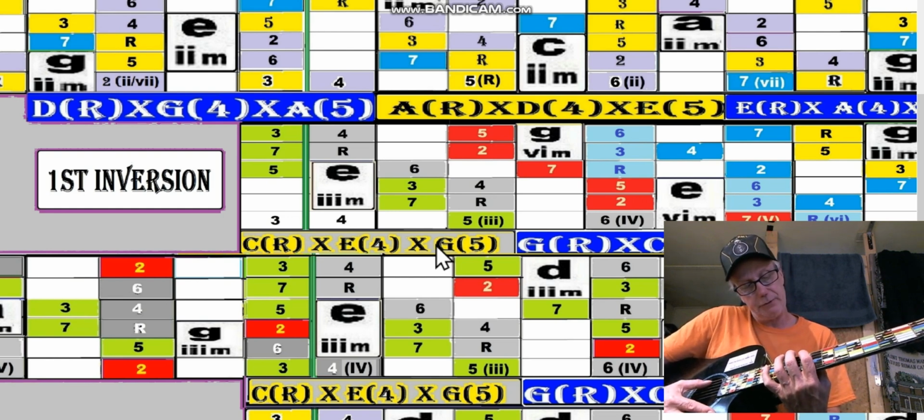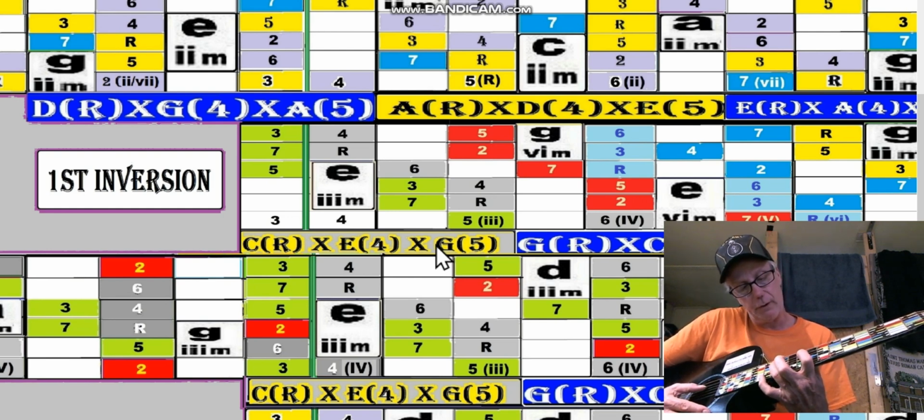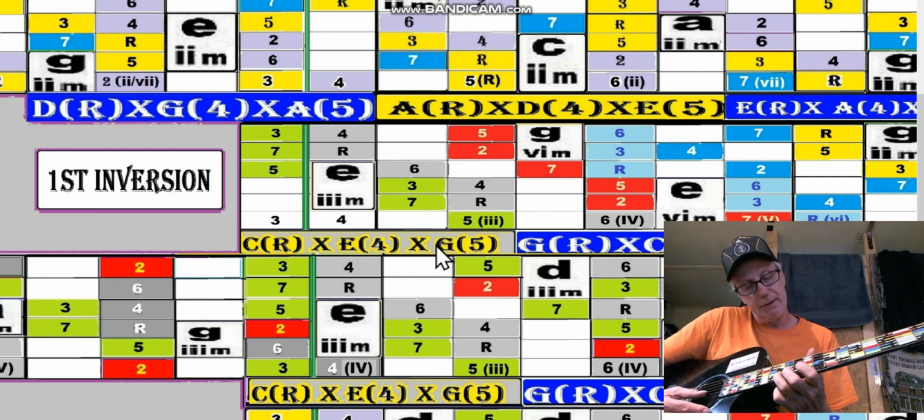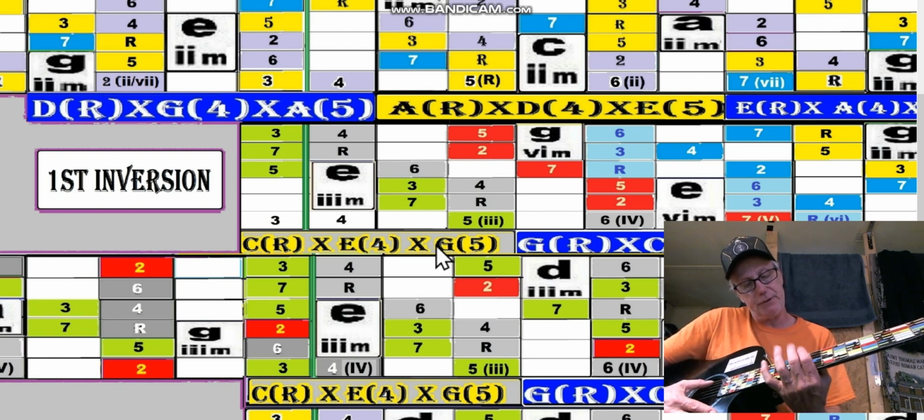Sorry, it goes 6, 7, root, 2, 3, 4, 5, 6, 7, root, 2, 3, 4, 3, 4, 5. Now that turned itself into a